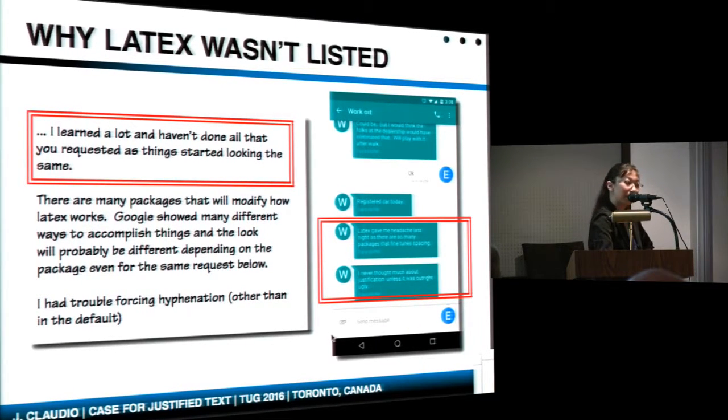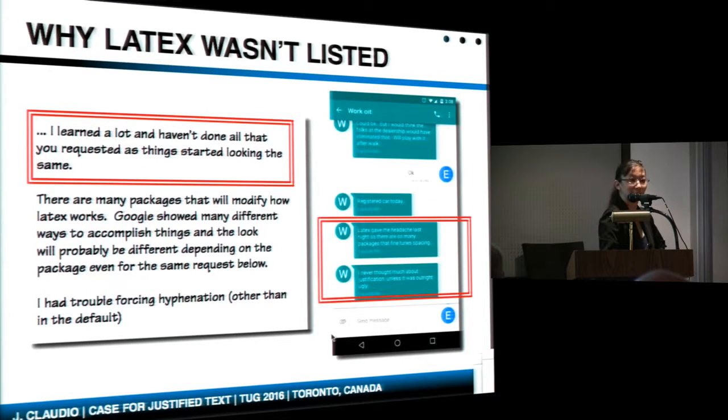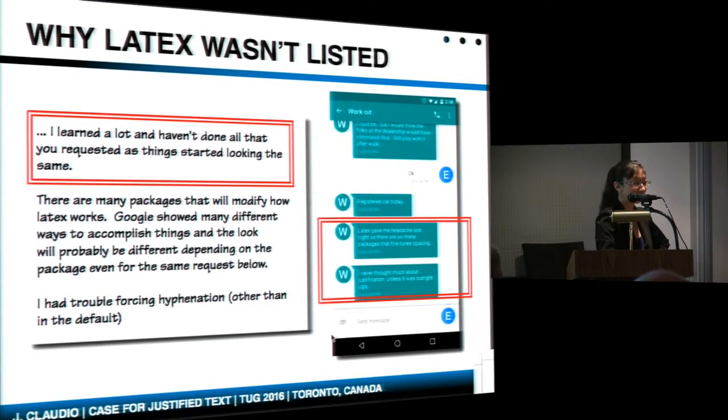In the previous 2 slides ago, you saw that I only had 3 basic software options, but LaTeX wasn't listed, and I couldn't explain why, besides just having the cop-out of I'm not a tech user. I don't have that cop-out anymore.